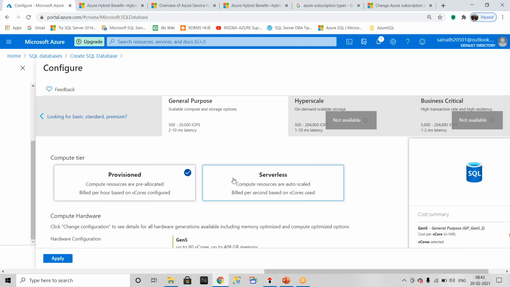Now you migrated your database from on-prem to DTU. If you migrate directly from on-prem to vCore, okay, I can also agree. But you migrated to reduce the cost. You migrated to the DTU.